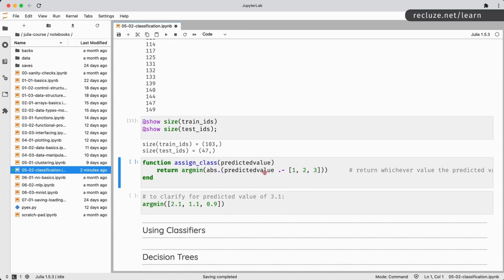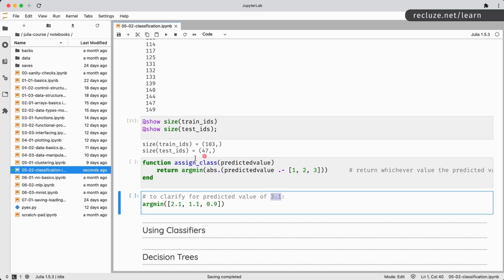Okay. Then we need another helper function for calculating the actual value. Before looking at this function, let me give you an example. Let's say you have a machine learning algorithm and you put the value in there and it predicts 3.1. Because it's real numbers, it can predict 0.5, it can predict 0.3, it can predict 3.1, it can predict all of those different values. And we can only have the classes 1, 2, and 3. So we need to write a function which, given 3.1, will return either 1, 2, or 3 to us.